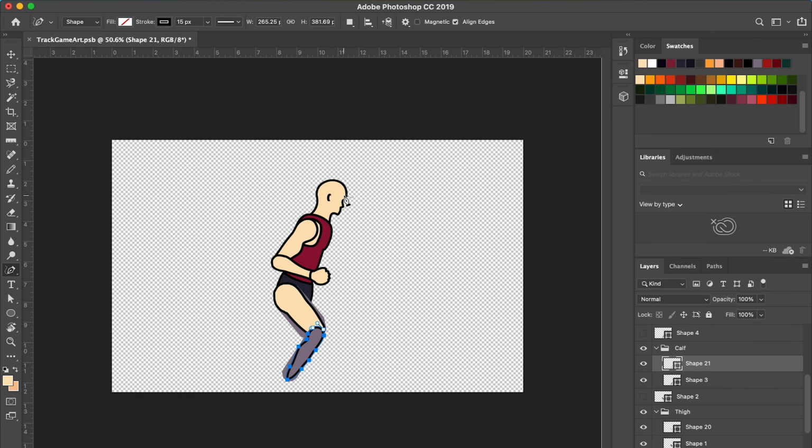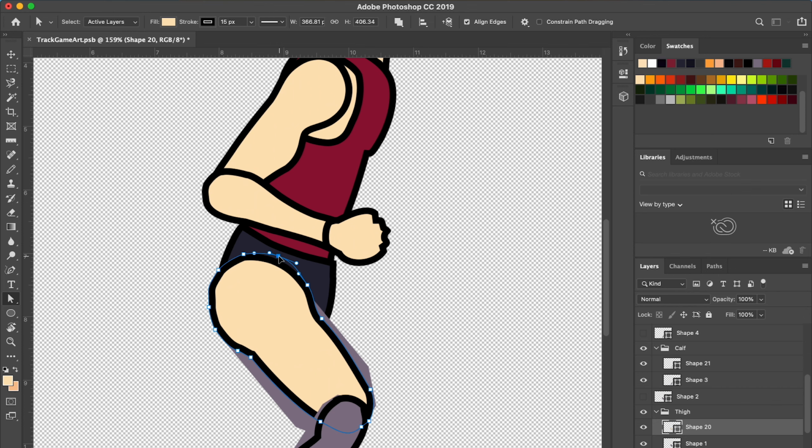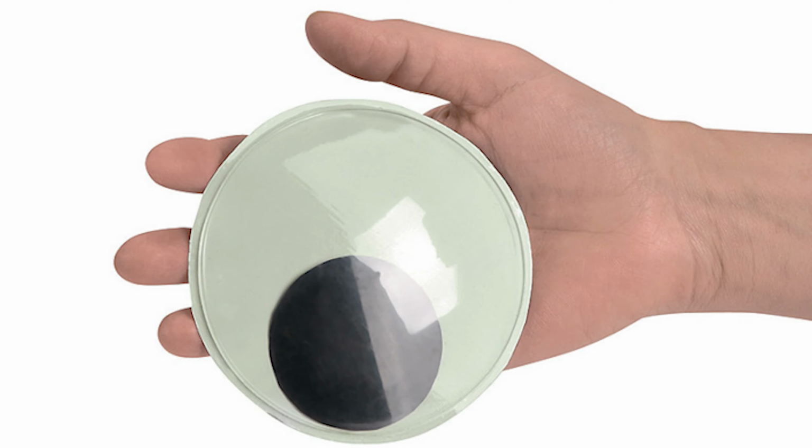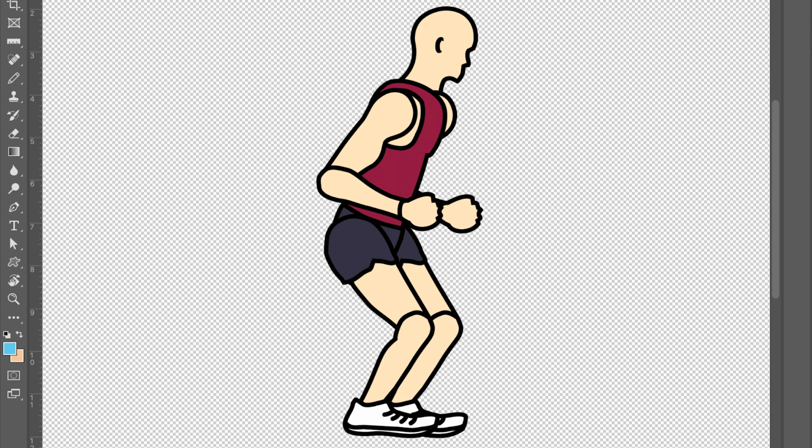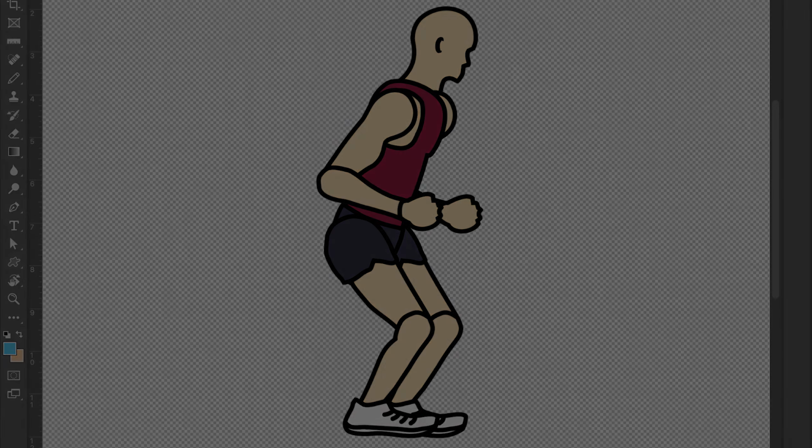Right as I was finishing up with this, one of my buddies suggested that I could add a googly eye onto the player. I absolutely loved this idea and drew just a simple white circle with a black pupil in the center. This was all the art I needed, time to put it back into the game.